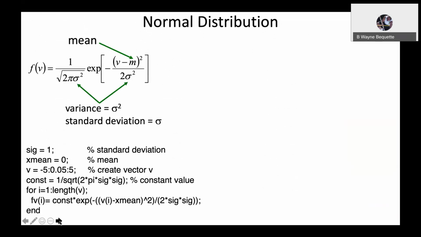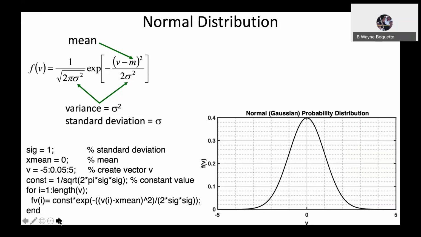To review a normal distribution, you can see the definition shown above, where first of all we have the variance specified as sigma squared. Sigma is also known as the standard deviation. We have the mean, and you see this calculation that I've written for this probability distribution in MATLAB code shown on the lower left-hand side of the screen, and that enables us then to draw this curve for the probability